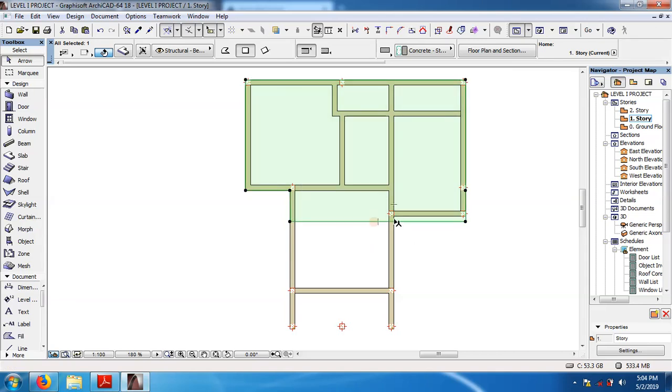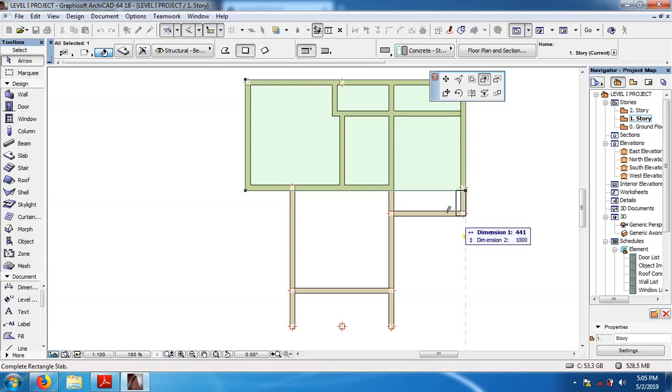Notice it has extended slightly outside here. I do not want it to be like that, so I'm going to undo. I want it to hit right at the edge of the wall. So I'll click, or make sure the add polygon command is selected. Then I'm going to extrapolate it